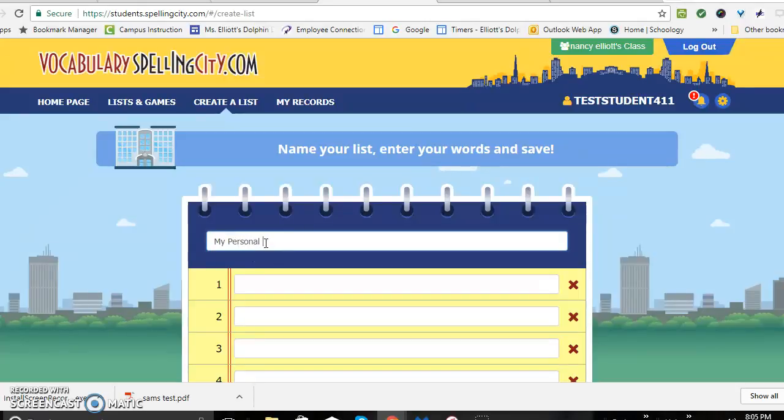So I'm going to type My Personal List, and then I'm going to go here and I'm going to type the words in correctly. So make sure you have your list nearby. And I have afterword, for, oh no, hold on, I'm doing this wrong. Forward, this was spelled wrong. Forward, I have